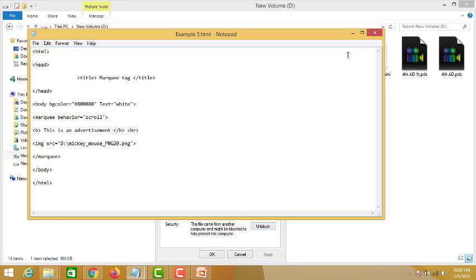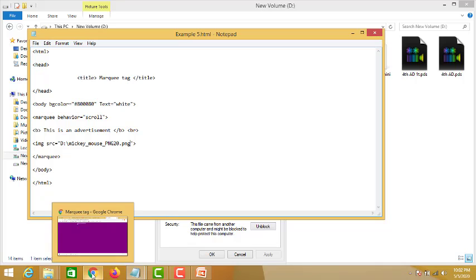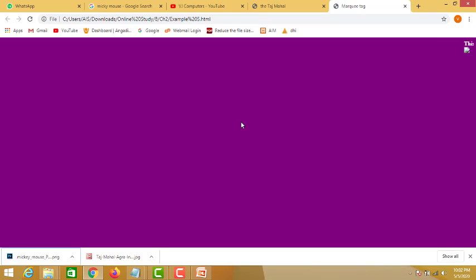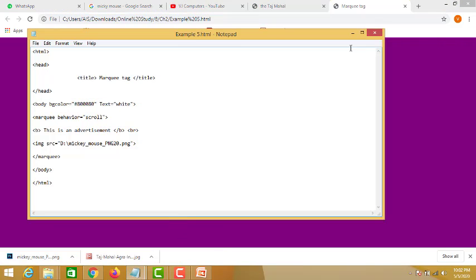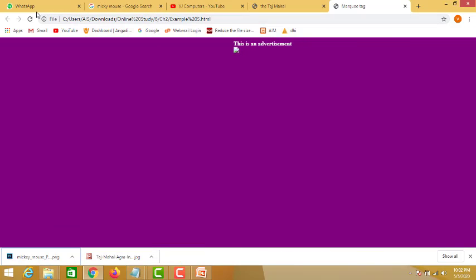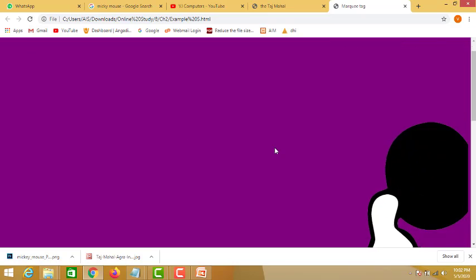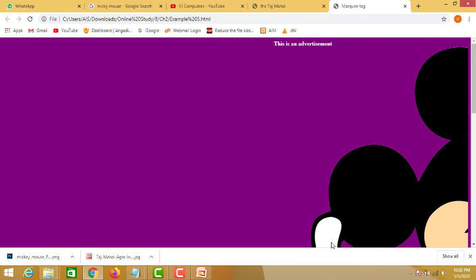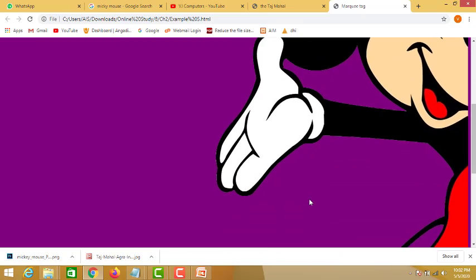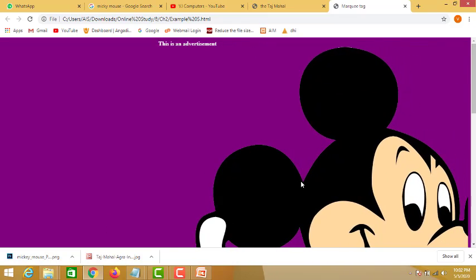And each and every time no need to right click and open with the browser. Now we have already opened it in the browser and we had minimized it. Here the image is missing, but you have made the changes in the Notepad file. So we'll minimize this. The browser, you just need to refresh it. Once you refresh, here we have the Mickey Mouse image in your web browser.